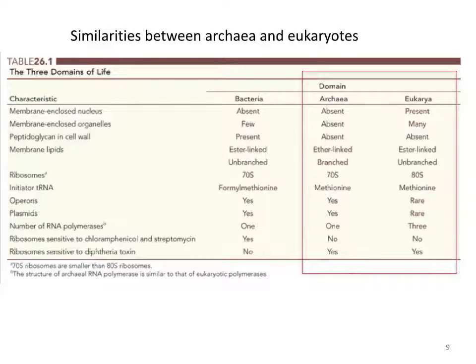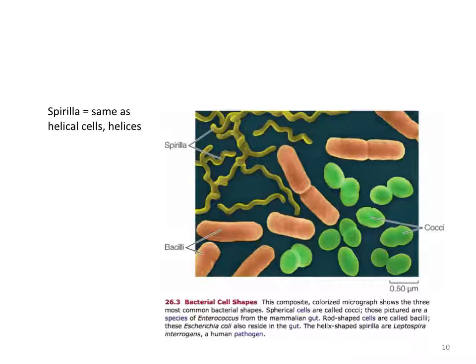So you can see that the archaea and the eukaryotes from our tree are more closely related. And to some extent they have some similarities, but remember archaea are still prokaryotes. They don't have a nucleus. So this slide shows the three basic cellular